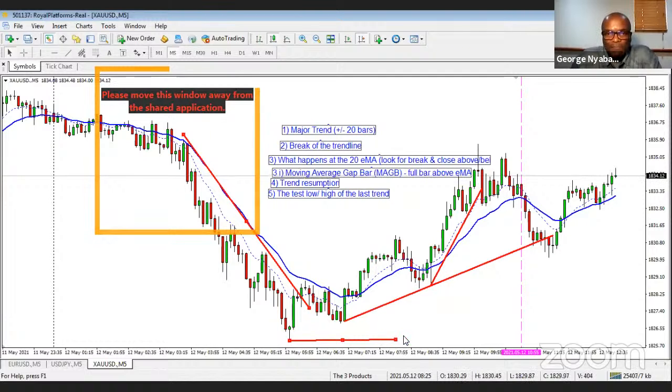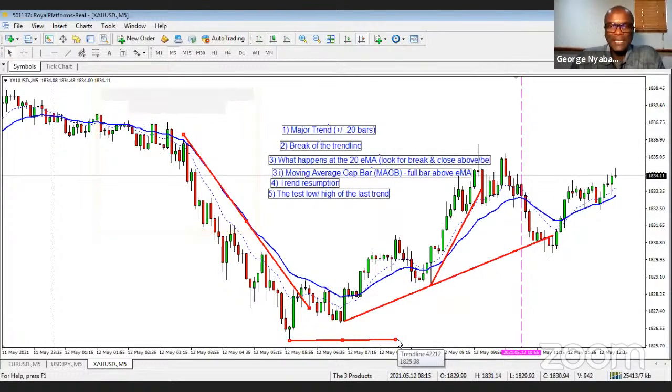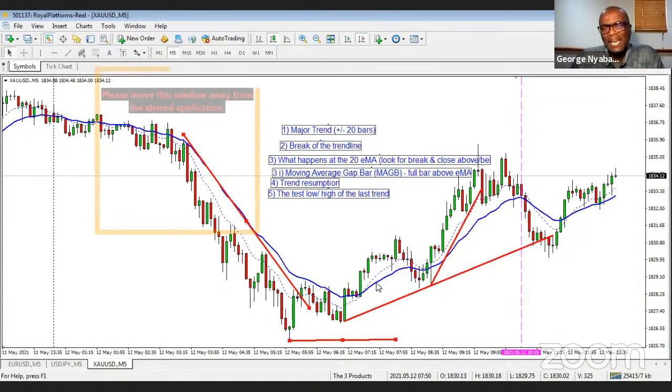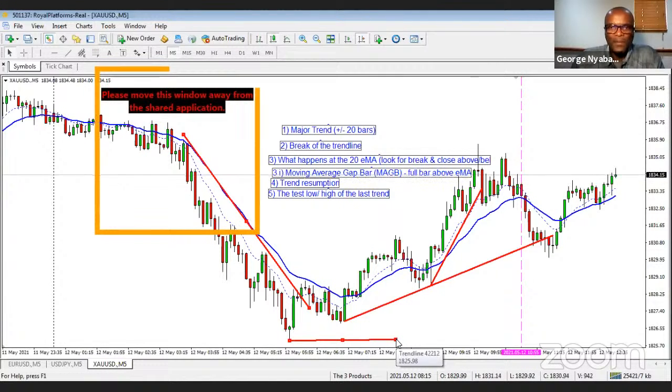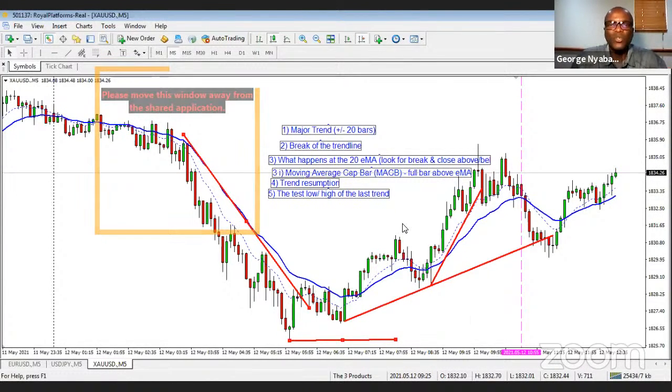when we get down here to the test of the low of the last trend, if you see dissipating bear strength, there's two-sided trading. There's a bear candle, there's a bull candle, there's a bear candle, and the market is still trickling down, but the bears are not as strong. That's an indication for you that the bulls have strength in the market. They're able to put alternative bull candles as the market goes down. When it gets down here at the test of the low or high of the last trend, we start to look for